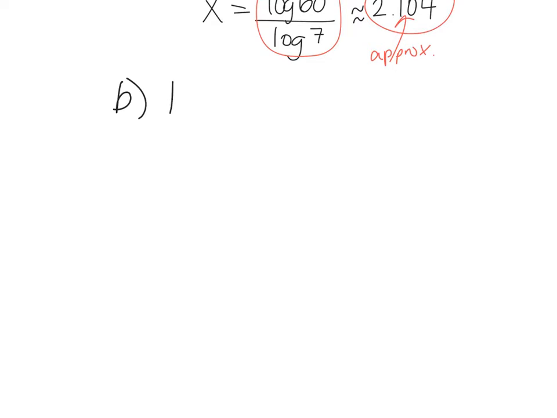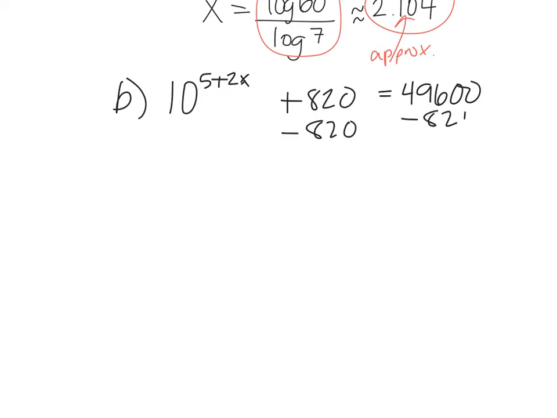All right, so now I have 10 raised to the 5 plus 2x, plus 820 equals 49600. So now I'm going to do the same thing. I'm going to take the log of both sides. But on our last example, we had an exponential equals a number. That's always our goal, we want to get the exponential function all by itself and then equal to a number. So I want to get rid of this piece right here. Okay, so I'm just going to subtract 820. Subtract 820. So I get 10 to the 5 plus 2x